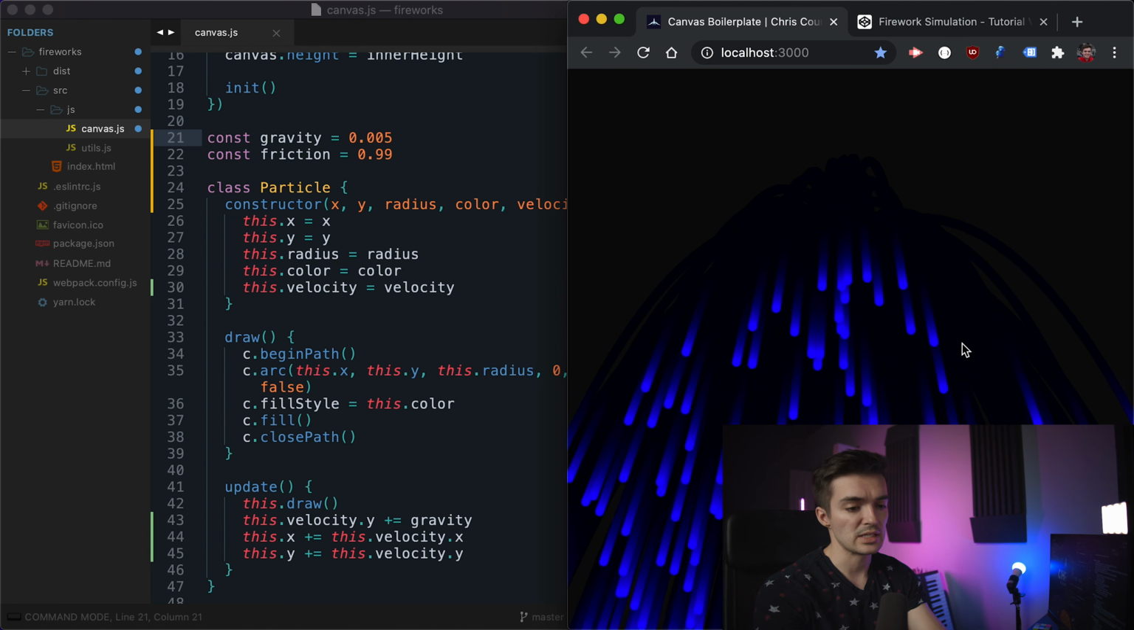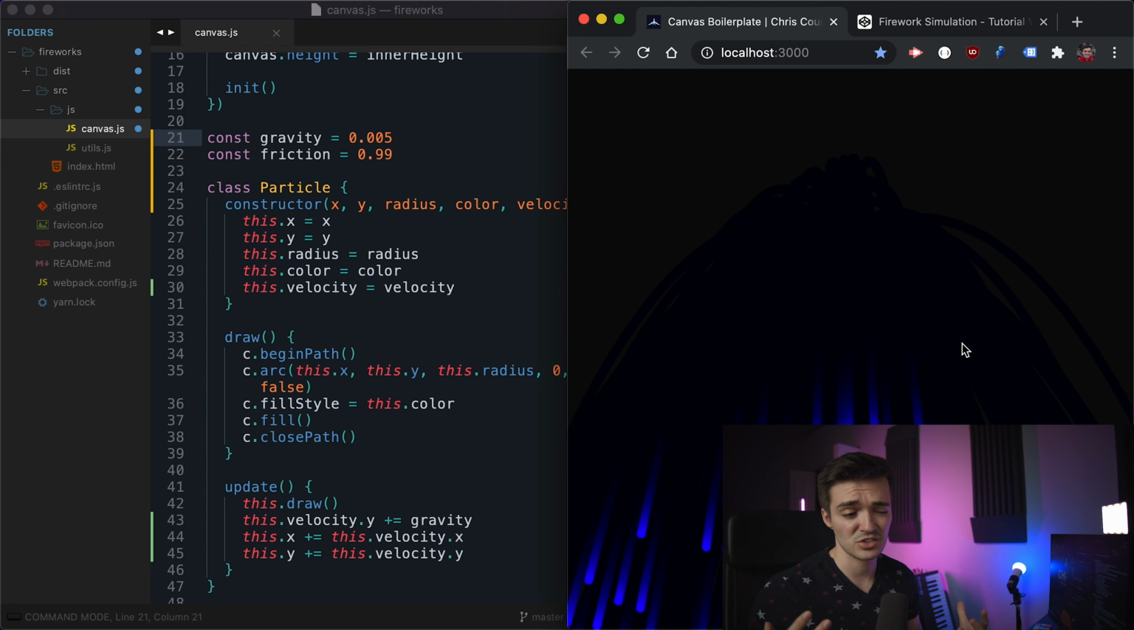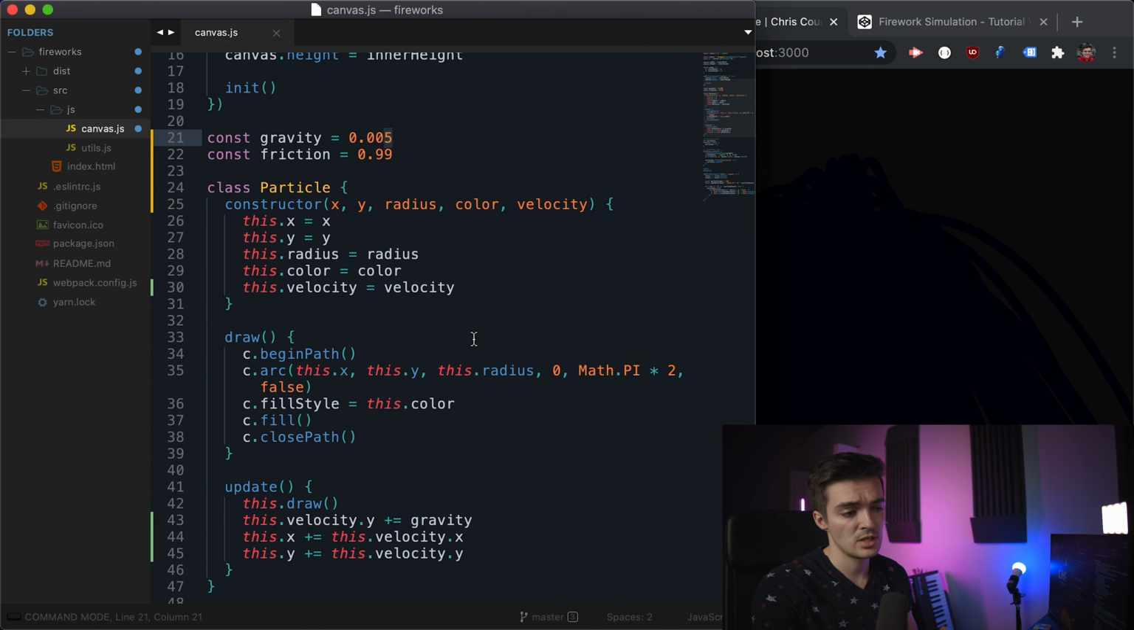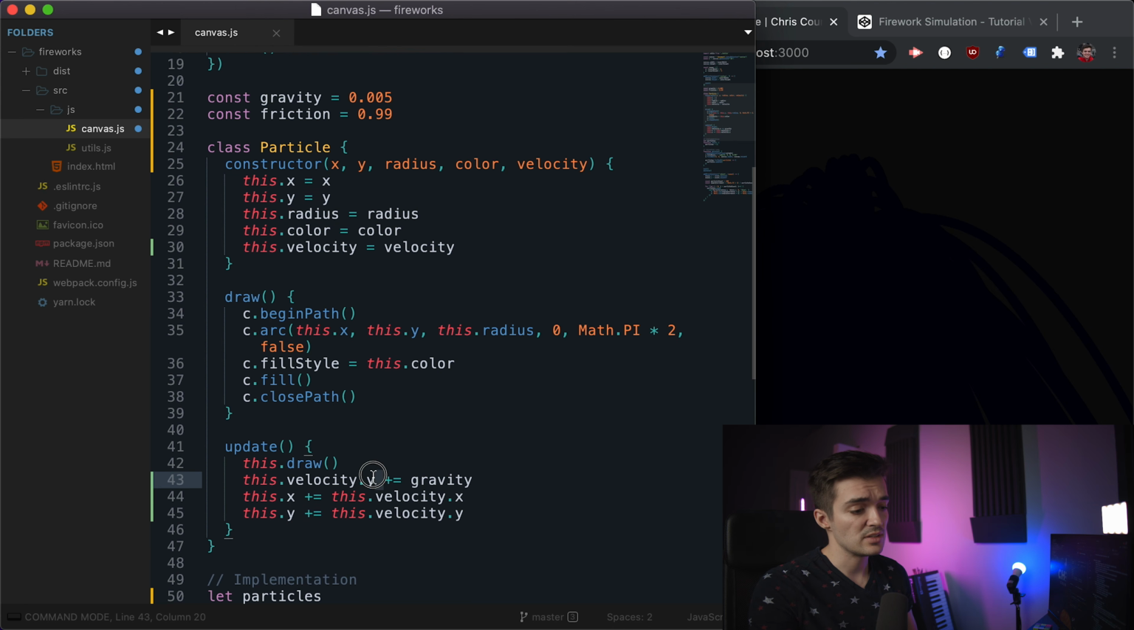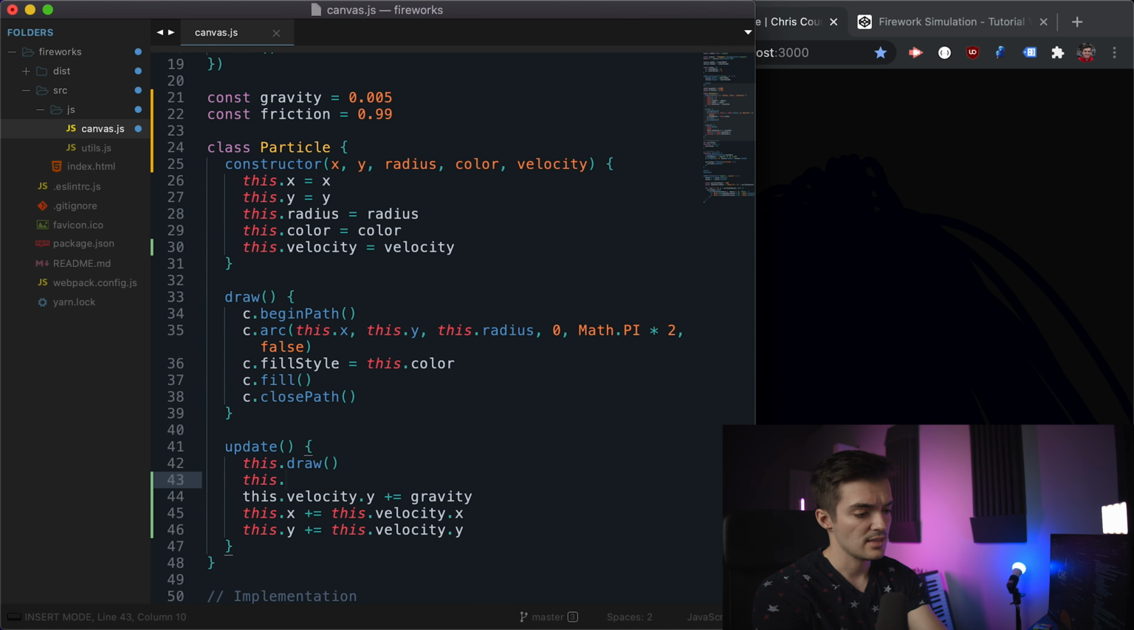But they're not really slowing down. Even if they might look like they're slowing down, they're not. The velocities remain the same, except for y, because we're adding gravity onto it. We need to make sure that we are slowing these velocities down using some sort of friction. It's going to be the same sort of deal. To create some sort of deceleration, we need to alter our velocity for each iteration of our update function. So what we'll say is this.velocity.x is going to be equal to itself